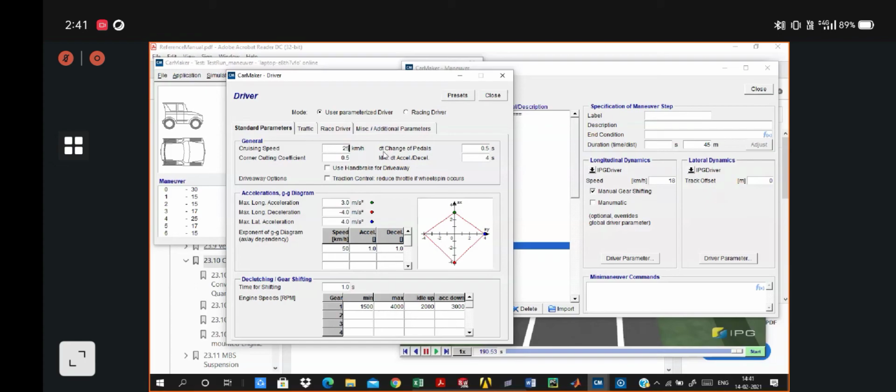I'll set the deceleration to minus 8, and you can iterate these values as per the vehicle specification. The cruising speed and the longitudinal deceleration will highly affect the rolling and pitching behavior of your vehicle.